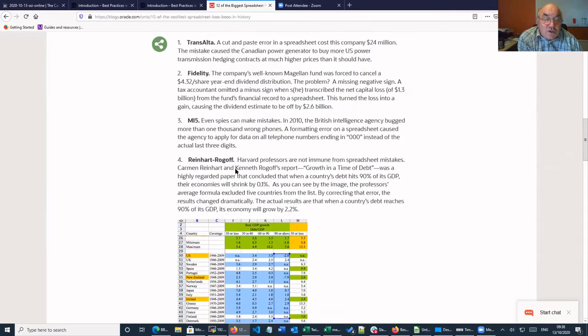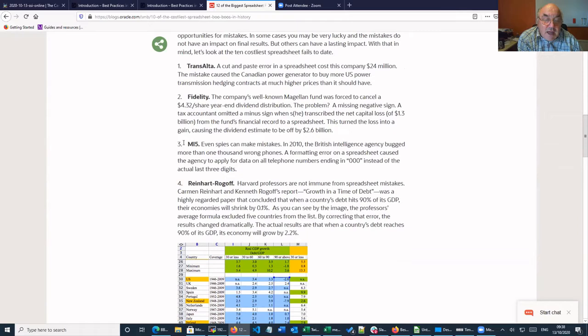The other one I wanted to show you is this one here, MI5. Even spies make mistakes. In 2010, the British Intelligence Agency bugged more than 1,000 wrong phones. A formatting error on a spreadsheet caused the agency to apply for data on all telephone numbers ending in 000 instead of the actual 3 digits. Now, again, you may think that's a bit of a silly mistake to make, but there is a very modern